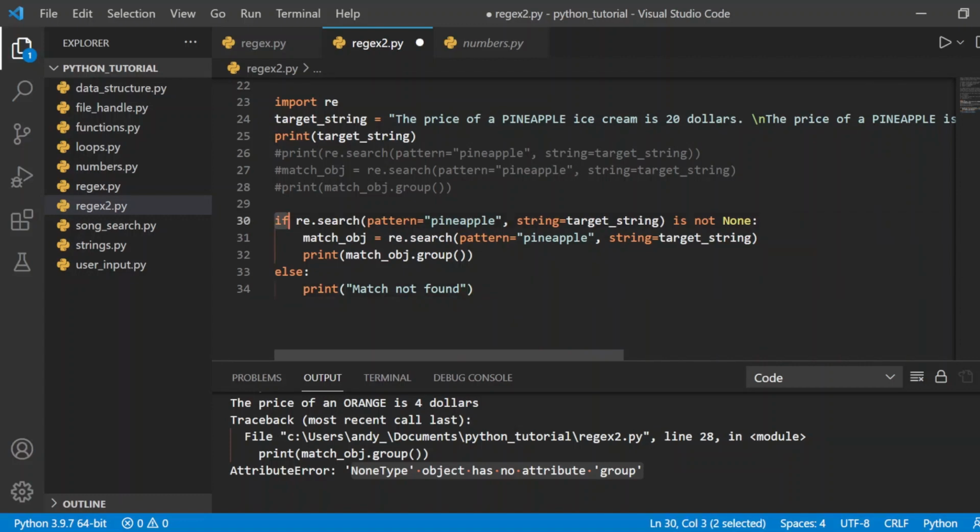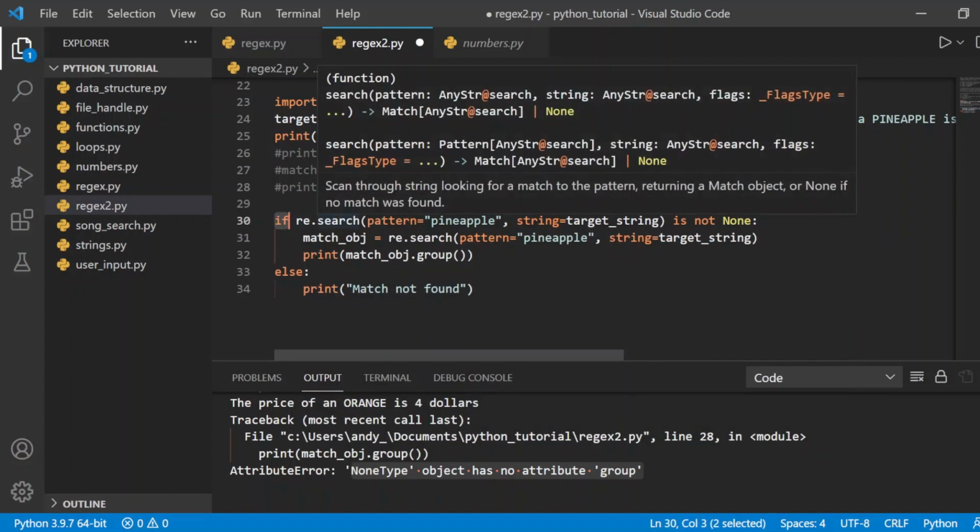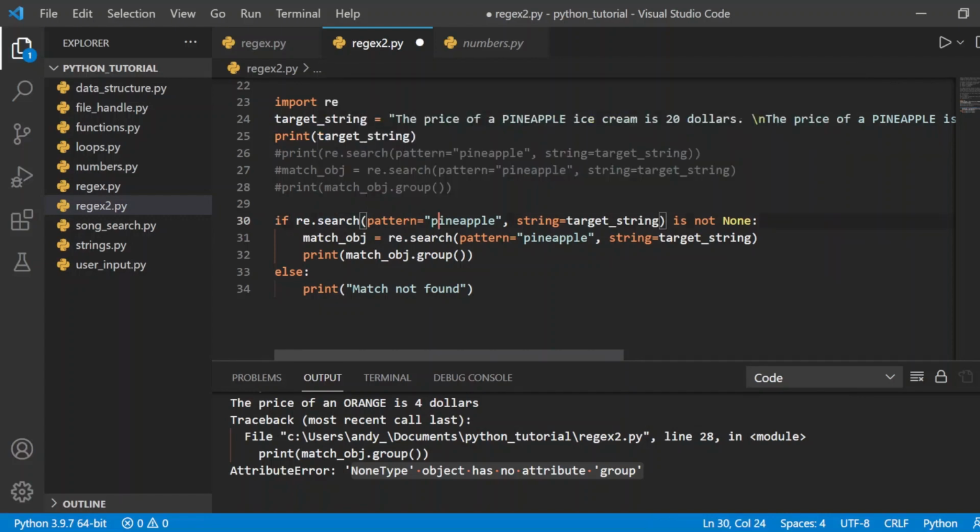Okay, so let's see what I mean. Once again, if the search function searching for a lowercase pineapple through the target string is not None, meaning it doesn't return a None value, let's assign this search function to a variable called match object and print its attribute. Otherwise, else just print that match not found. Okay, so let's execute the code